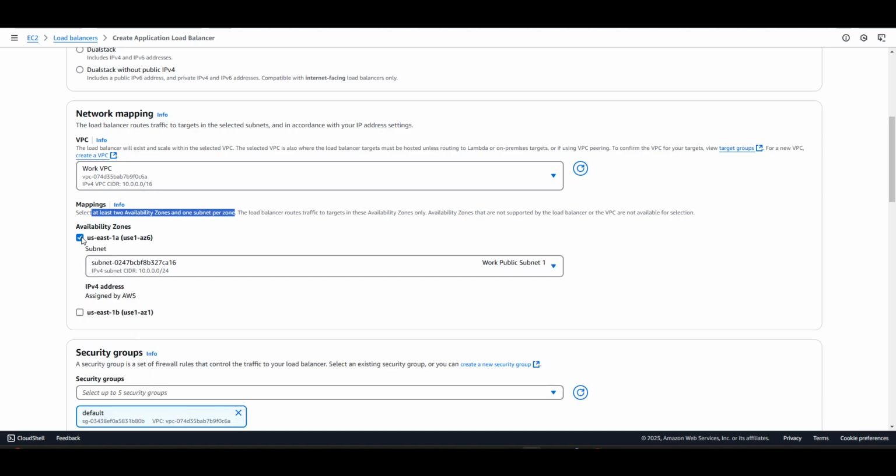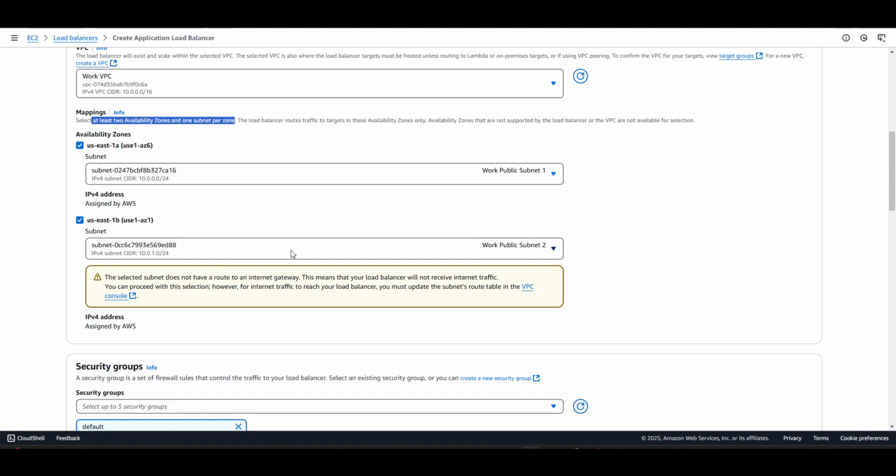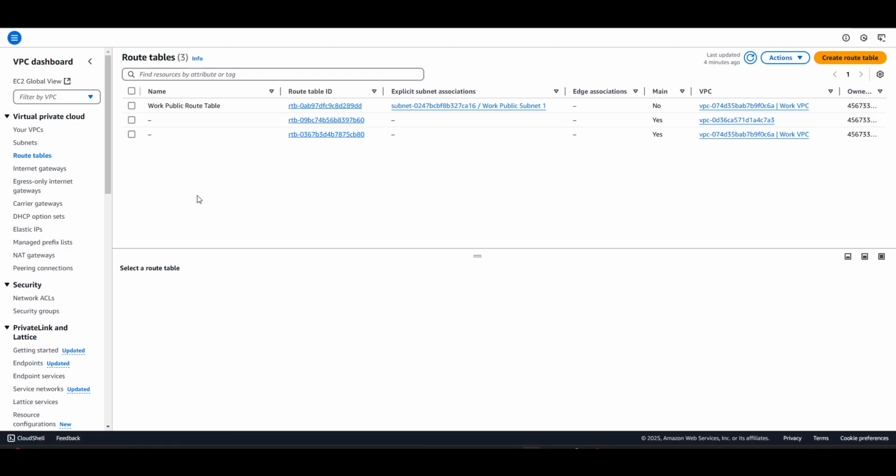Oh, and to make that one public, let's do something. Let's see what happens. The first one is okay. The second one, it said that that subnet is not a public subnet. So let's make it public. Let's go to the VPC part. Let's go to route tables, and then let's go to